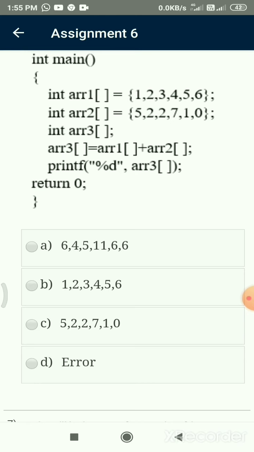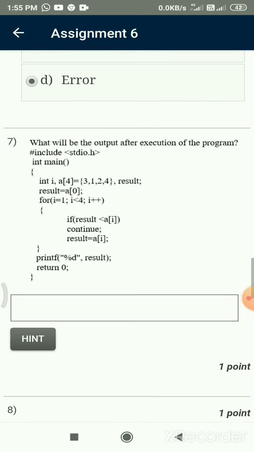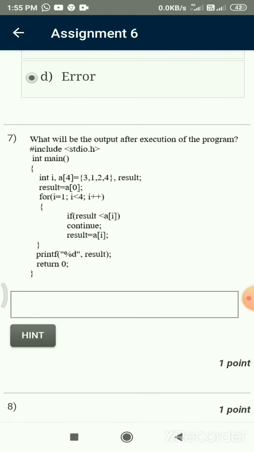So the right option is D, error. Next question: what will be the output after execution of the program? Some code is given. By analyzing the code, we get the printf result value as 1.